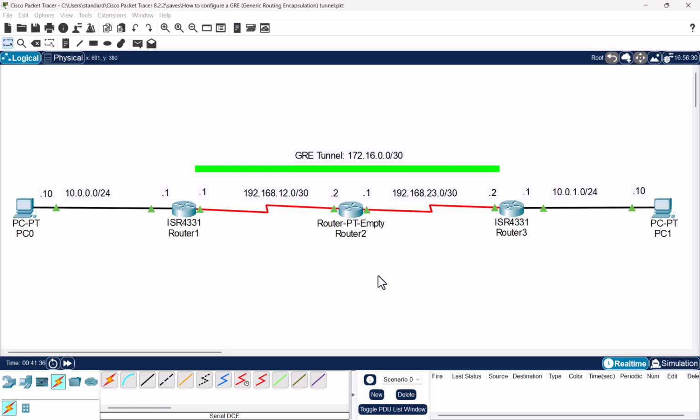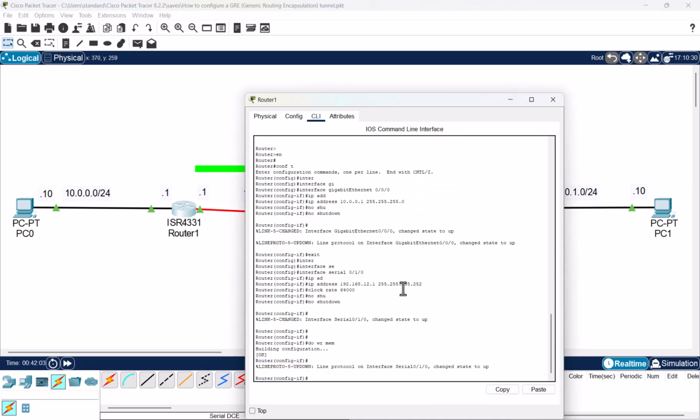10.0.1.0/24 network. So the first thing we're going to do is to configure the underlay network, which is essentially the necessary IP routing in order for router 1 to be aware of the public interface of router 3 and vice versa, before we get to configure the overlay network associated with the GRE tunnel that is going to be 172.16.0.0/30 network. So without further ado, I will jump into router 1,